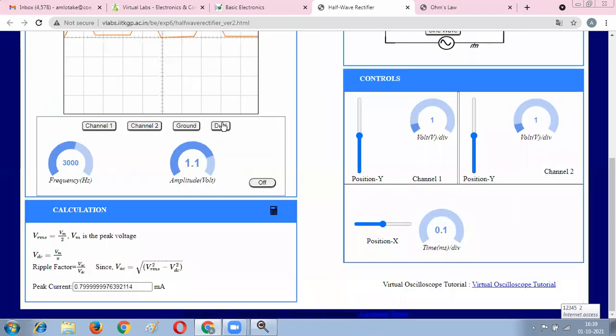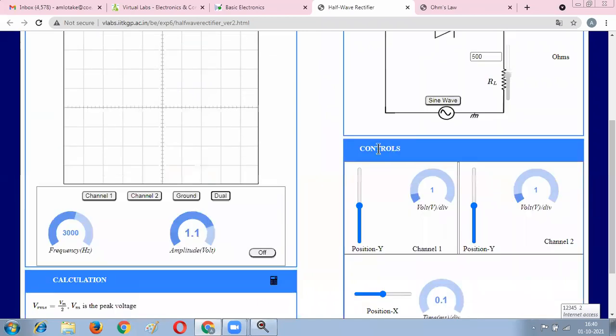So here is your dual button. Okay, so you are going to press it. So if you press the dual button, and now see the position Y and position X. So now here